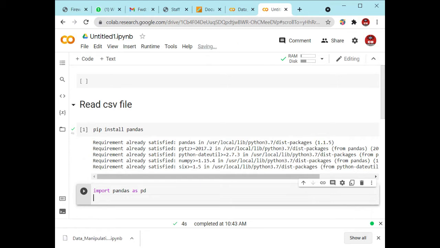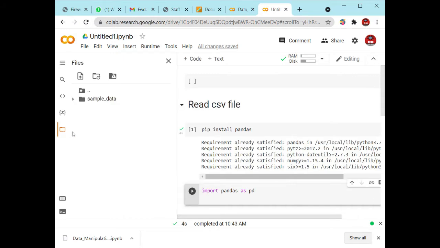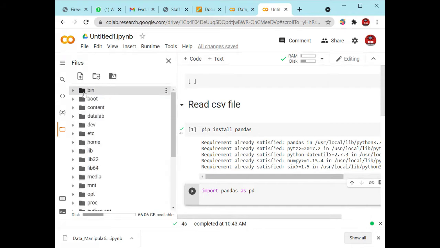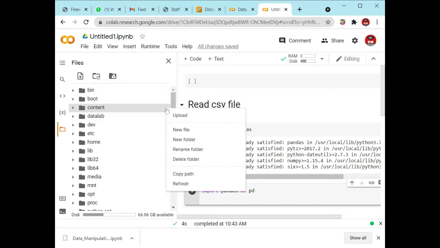After that, we will take the input from the particular file which is stored here. In the last session I told you to click on the folder icon on the left hand side, and here you will find an arrow next to the folder. Click on that arrow, and you will see the content. On the content, click on these three dots, and you will find the upload option.